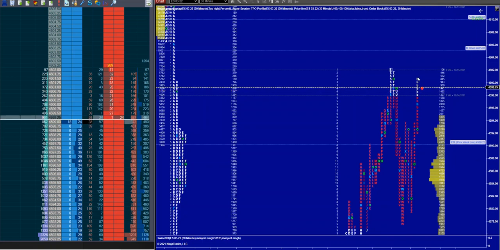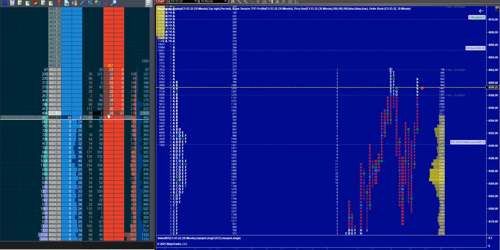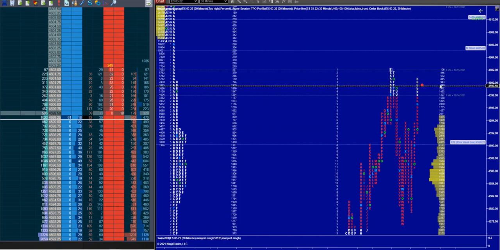So see, when you have this kind of understanding, who is dominating here? Are buyers dominating? Are sellers dominating? When you have that kind of understanding, you have a better way of managing your trade or executing your trades, right? At this point of time,